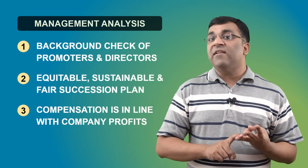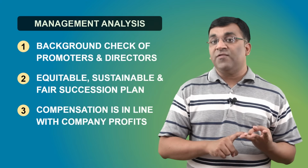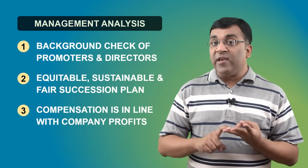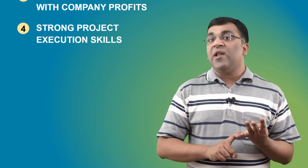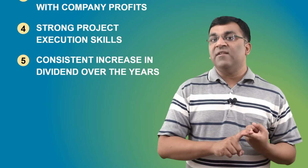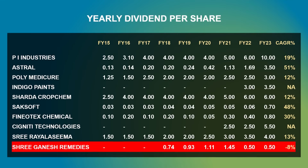The promoter's salary should not be tangential to the profits of the company. So if the profits are declining, then the promoter's salary should not be going up. Fourthly, the company should have shown good project execution skills. The dividends should have consistently increased over time, and barring Sri Ganesh Remedies, everyone else has been upping their dividend